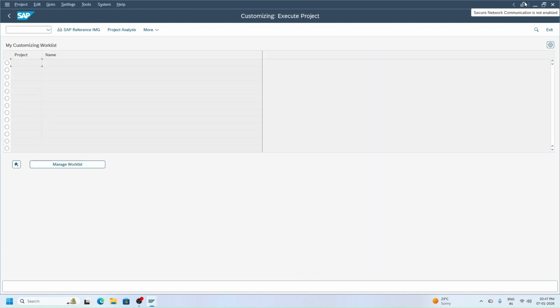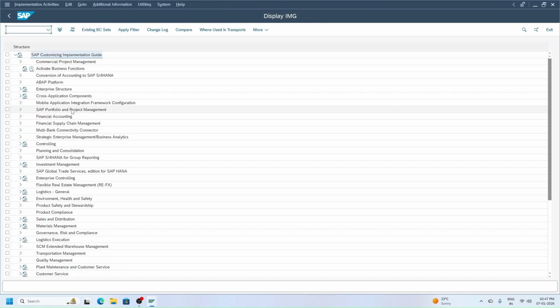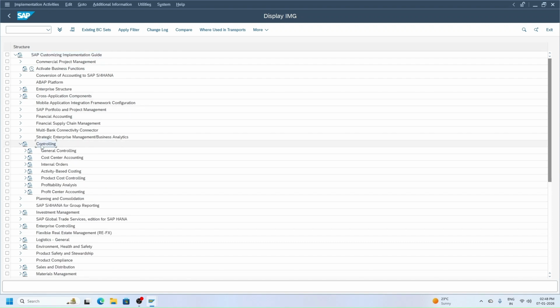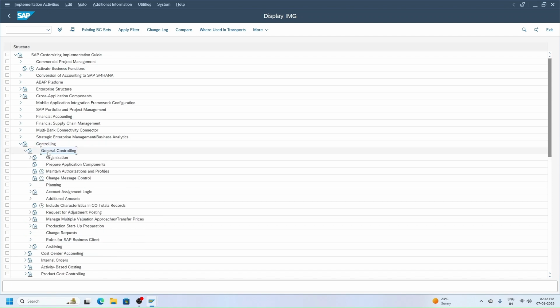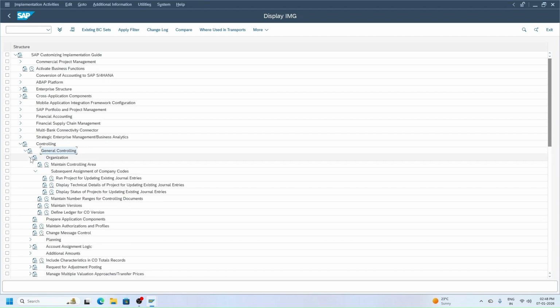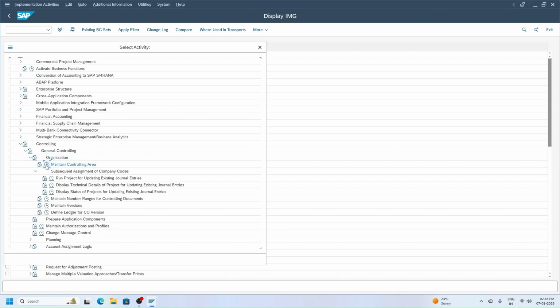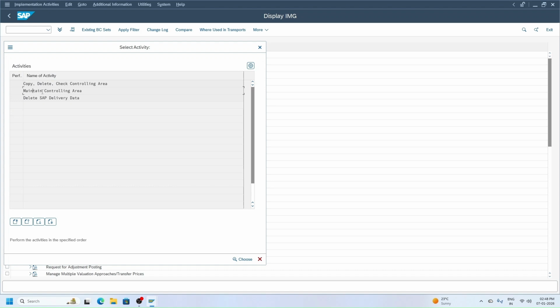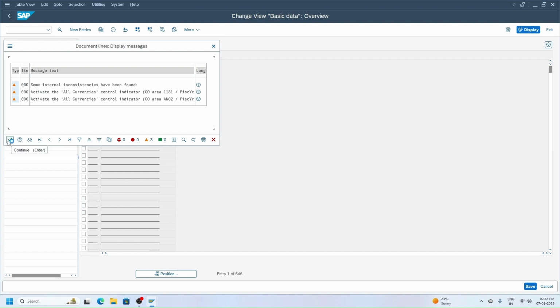SPRO, IMG, controlling, general controlling and organization and maintain controlling area. And maintain controlling area. Choose continue,